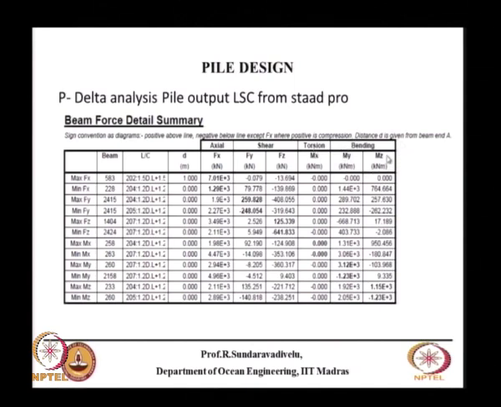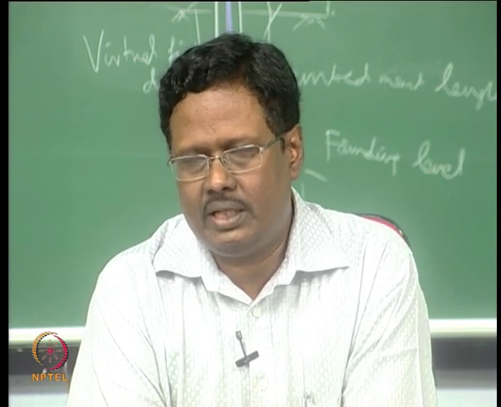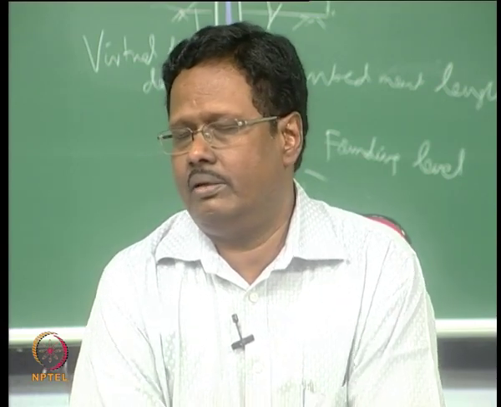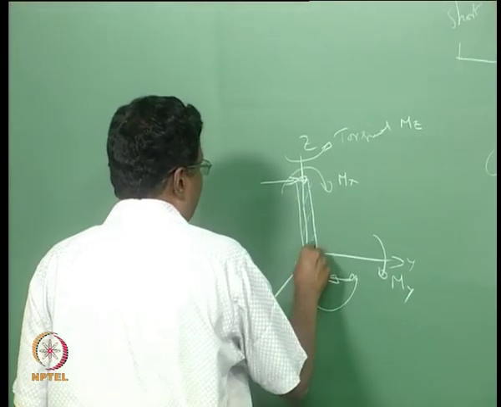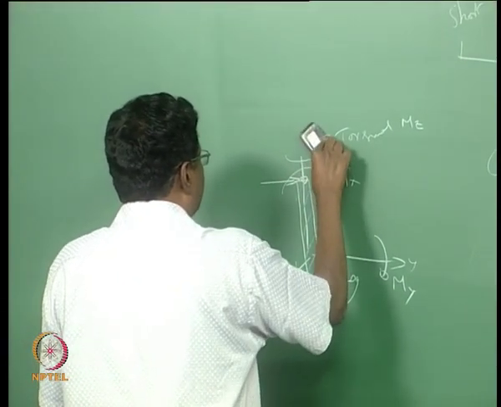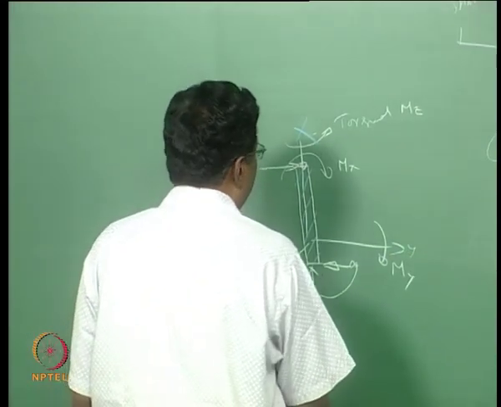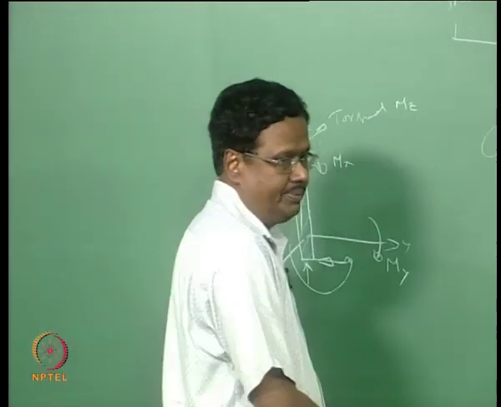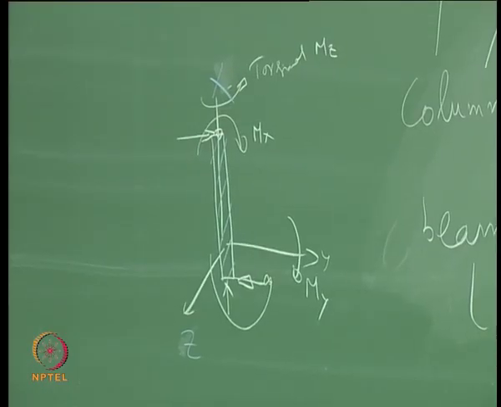Mz. If you do a finite element analysis, there are two coordinate systems used. One is a global coordinate system in which you place the structure, another is a local coordinate system in which you take the member. For that member the directions are given like this. Suppose this is your member, the local coordinate system, and what is drawn may be the global coordinate system. The member joining these two nodes is generally called x, and then y and z. This is the local coordinate system, that is why Fx has become the axial force. So you get this, but I said you will have 100 load combinations, from which it will give these